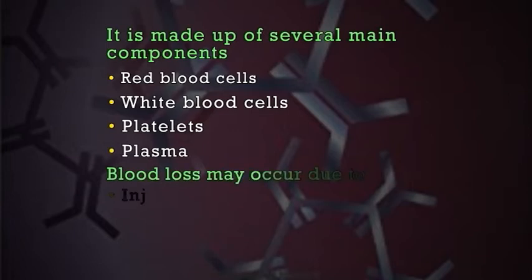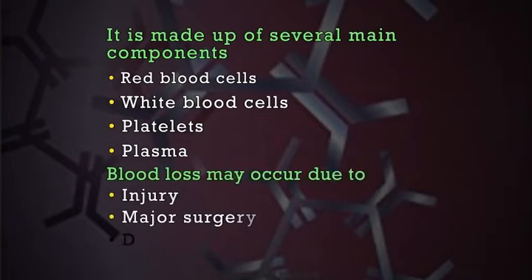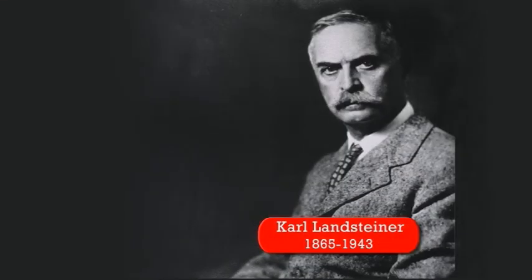Blood loss may occur due to injury, major surgery, or diseases that destroy red blood cells or platelets. So in order to compensate for blood loss, blood transfusion plays an important role for our survival. Experiments with blood transfusion have been carried out for hundreds of years. Many patients have died, and it was not until 1900, when Austrian scientist Karl Landsteiner discovered human blood groups, that